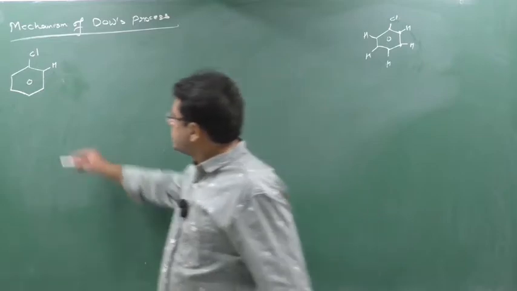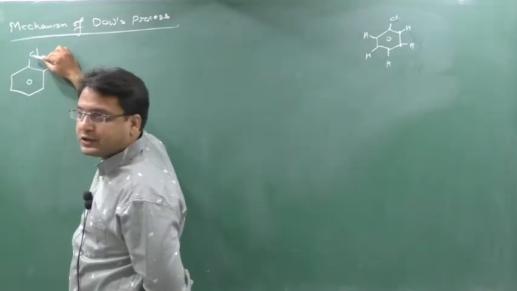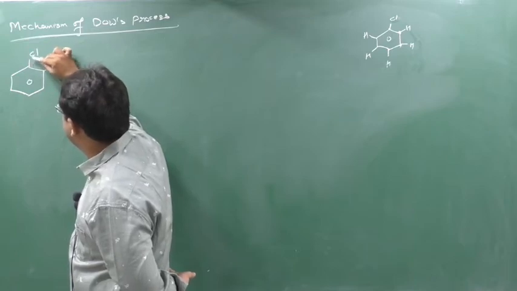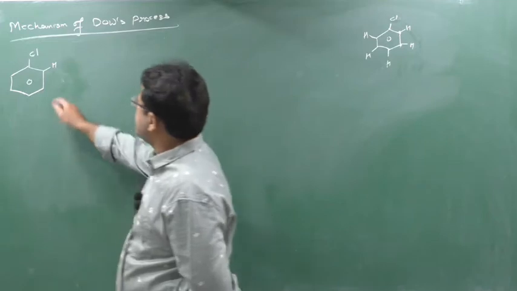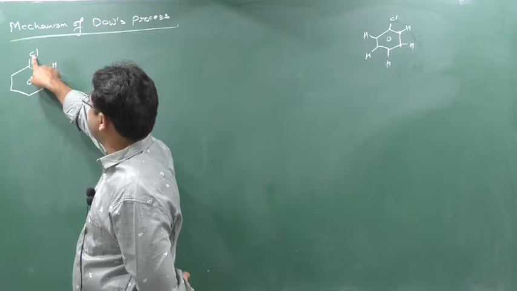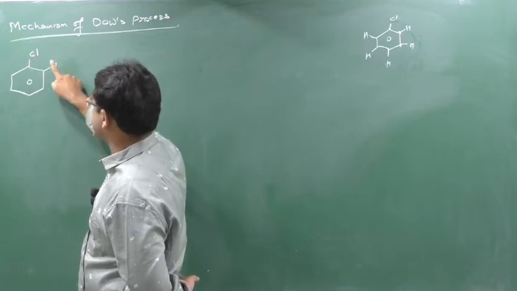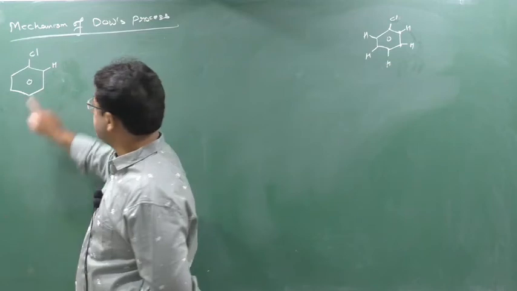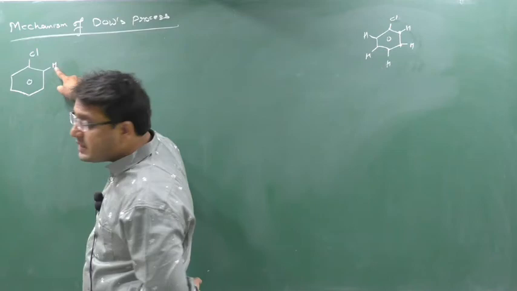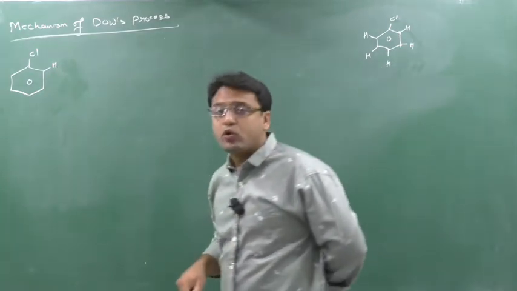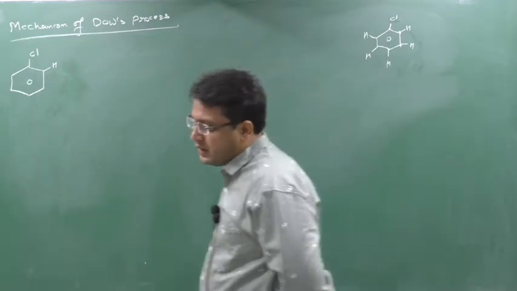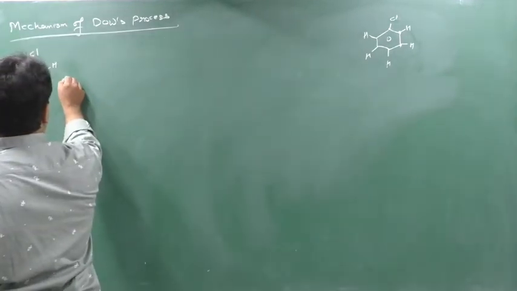So see, this is chlorobenzene, and chlorine is a more electronegative element, so it has the capacity to attract electrons. So this chlorine will start to attract the electron, meaning this ortho position or this position. Due to the more electronegative chlorine, this hydrogen can be released easily as compared to meta and para. So this hydrogen can be released easily as H plus, meaning the ortho hydrogen is more acidic. That's why I am considering the ortho hydrogen. Clear? Now what we will do? First I will react it with this NaOH.